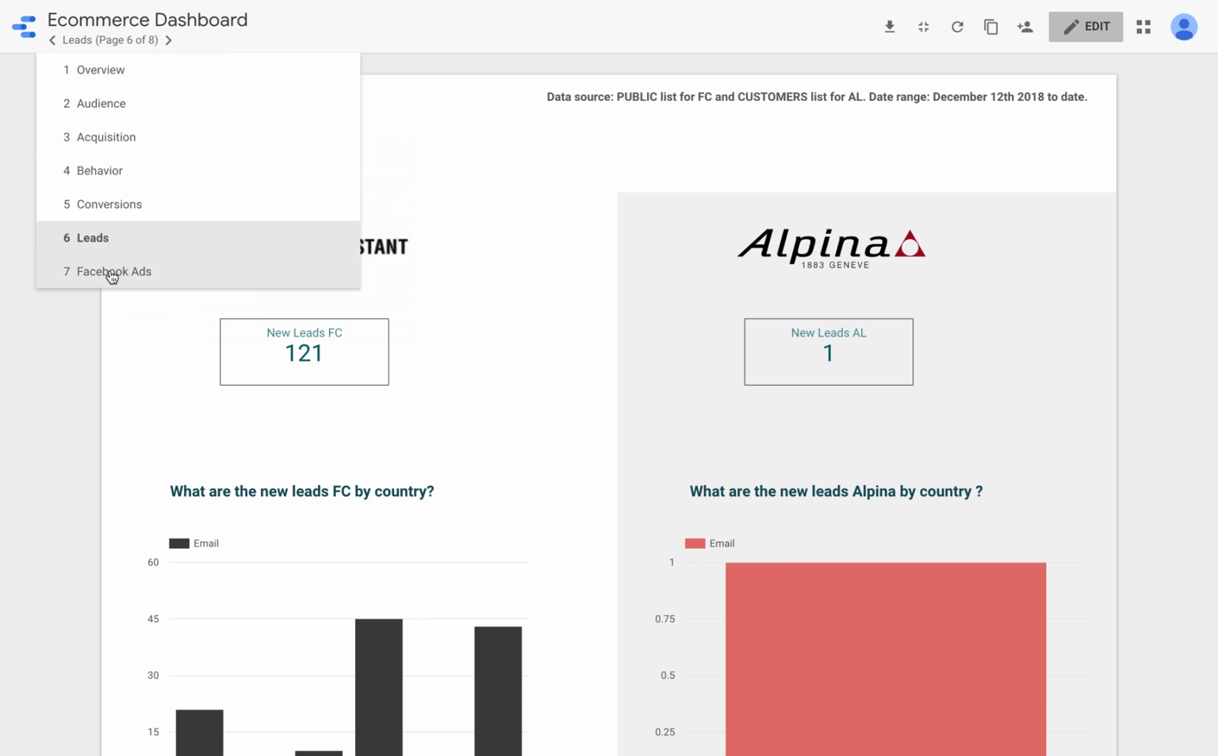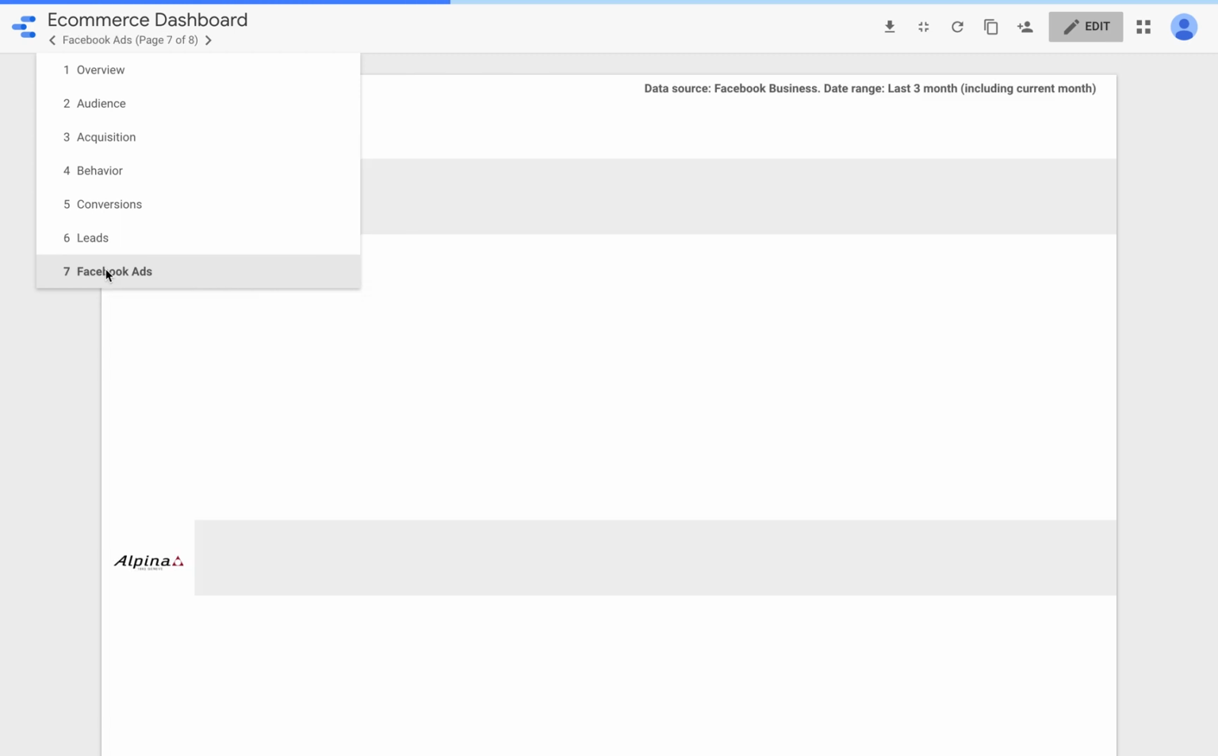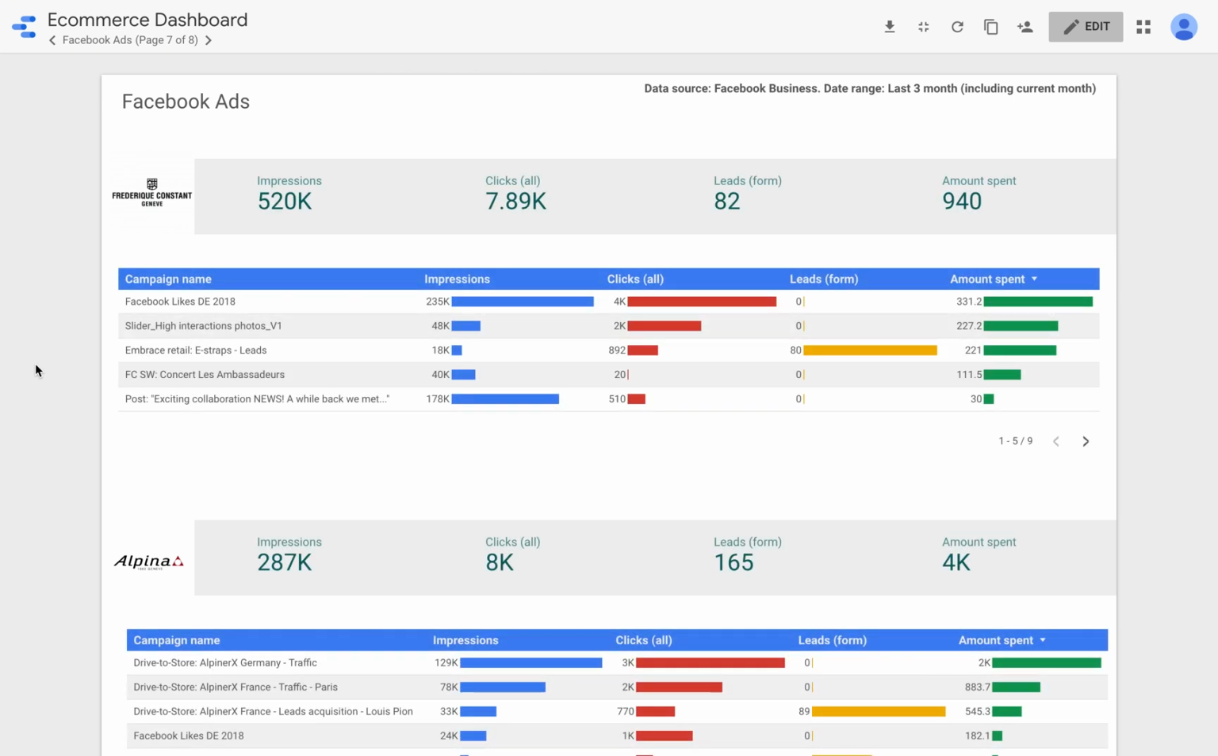And finally, Facebook ads. So the best for the end, because this is something that we've looked at a lot and talked a lot about these last days. This is fetching the data directly from Facebook business reporting. The data range that you see here is only for the last 3 months, including this month. Today we are the 14th of December, so the data that you see are from December up to now, November and October. The data is automatically fetched, so this is live data, and it's split by country and by store,